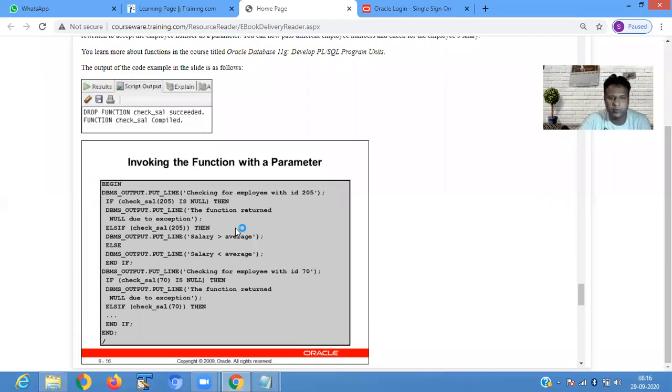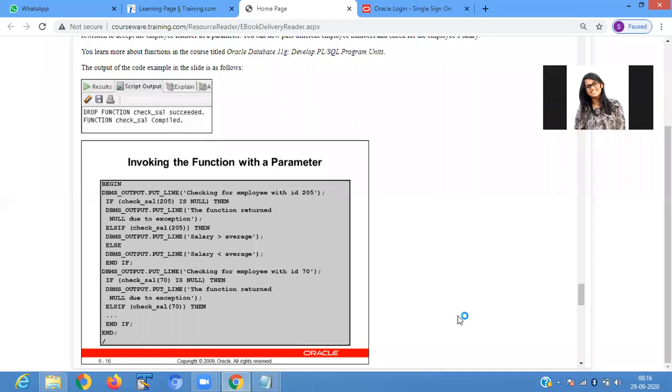If you pass the employee ID 205, if check salary is null, it means your employee ID is not present, then it shows the function returned null due to an exception. If the employee ID that you are passing is greater than 205, then it shows you salary is greater than average salary.